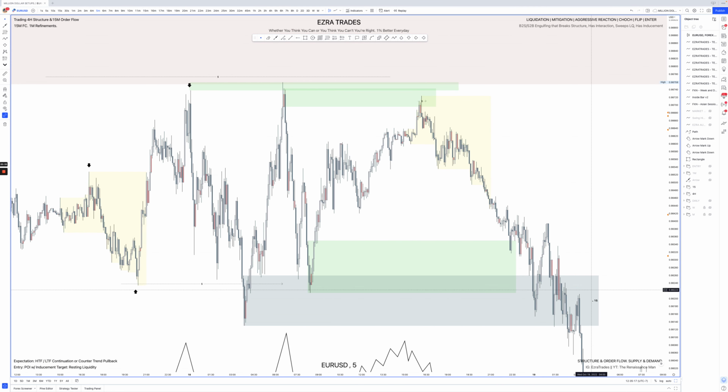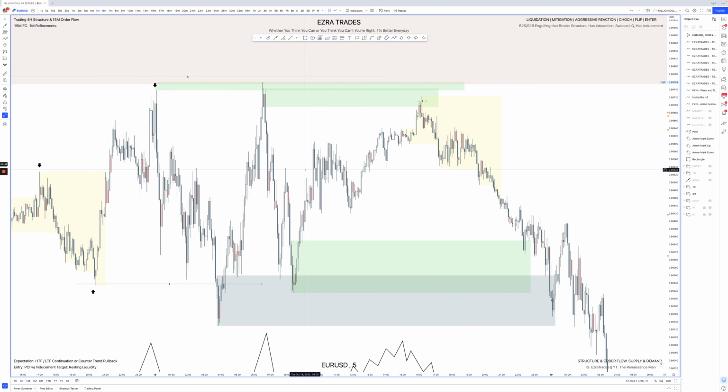So here we can go ahead and refine things a little bit more clean to show you our actual entry. At the extreme, what I see here is that this wick, for example, from this high to the high of this wick, this is the area that is basically untapped. So this area is new pricing, meaning that above the previous high, this area has not been tapped. So I would very likely like to look for price to maybe come in